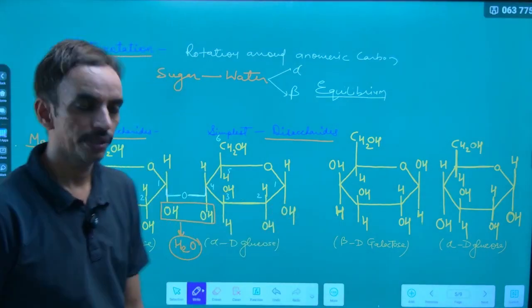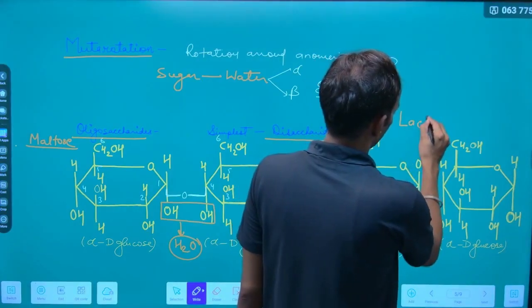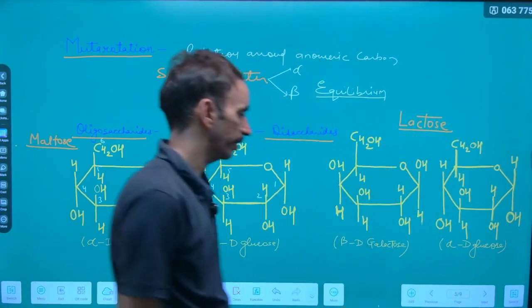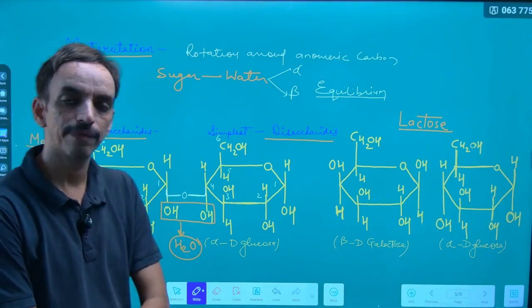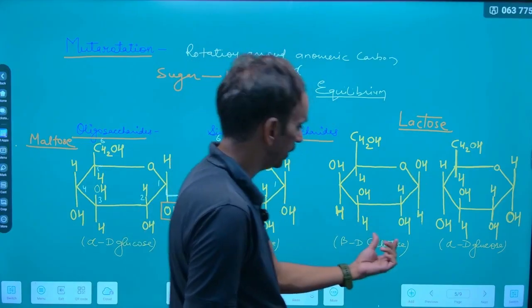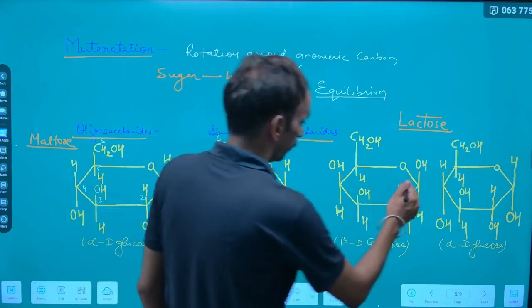The second type of sugar is the milk sugar, which is called lactose, and lactose is the disaccharide of beta D galactose and alpha D glucose. This is the structure of beta D galactose. Galactose is the C4 epimer. There is a change in the position of the functional group on the